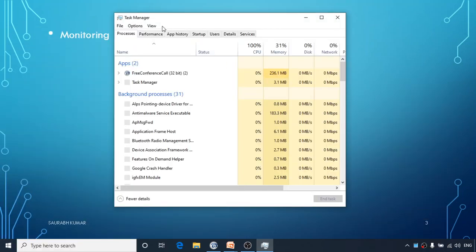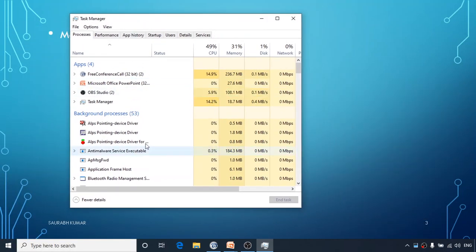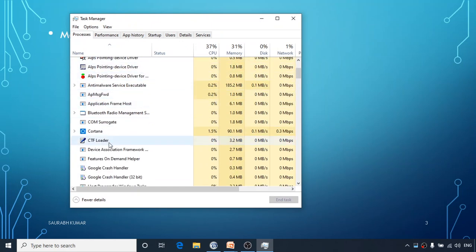There you see the utilization of your processor. What processes are running, how much total processor is being utilized, how much RAM is being utilized, how much disk is being utilized, how much network is being utilized, right?